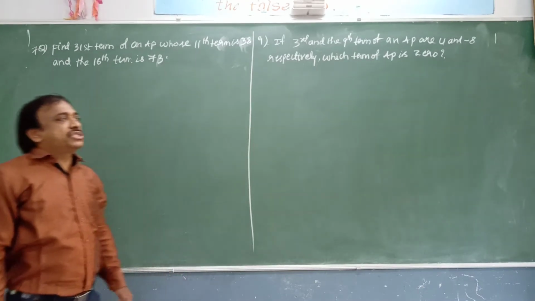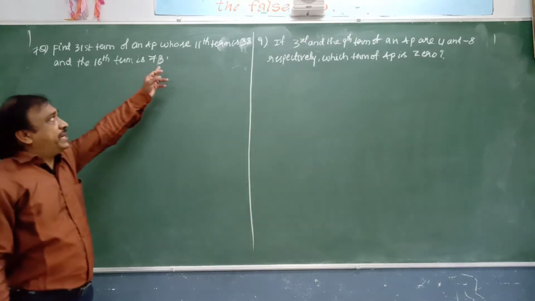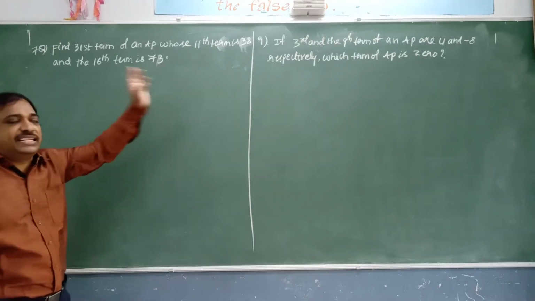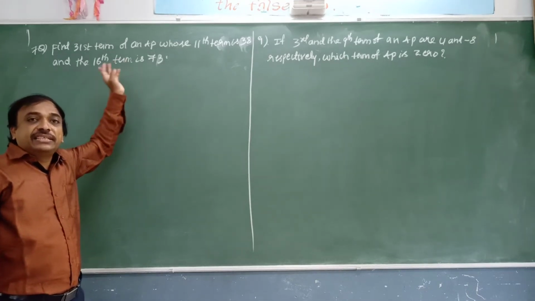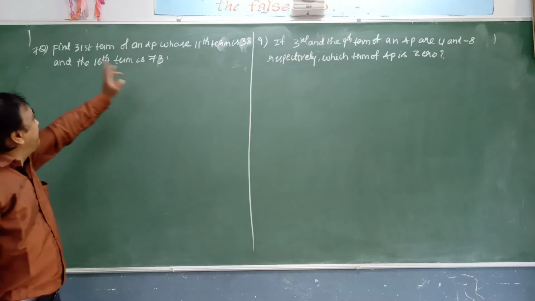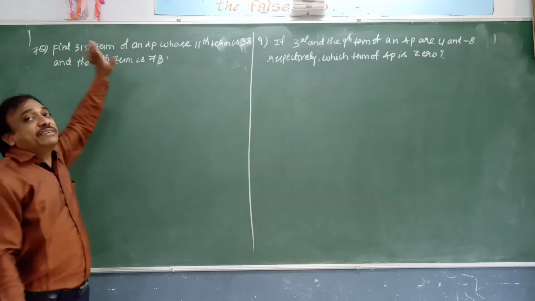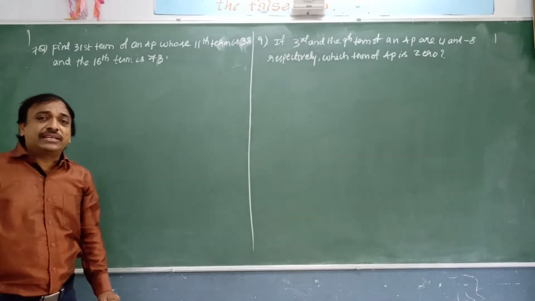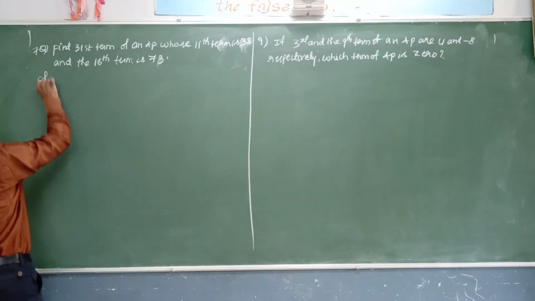Now we see one more question, that is question number 7. Find the 31st term of an AP whose 11th term is 38 and the 16th term is 73. You see here, the 11th term is given and the 16th term is given. We are going to find the 31st term. So here, solution, given that